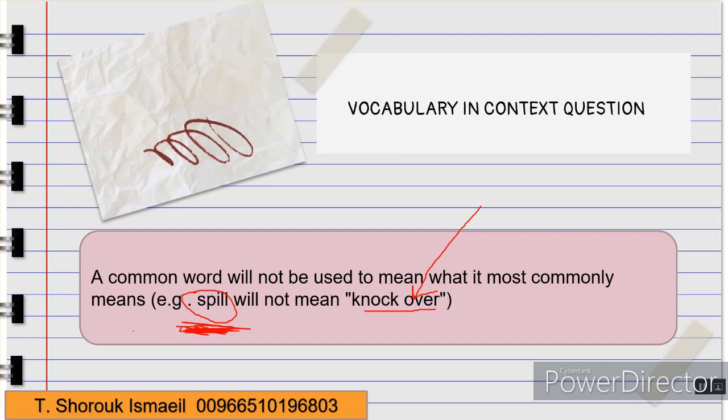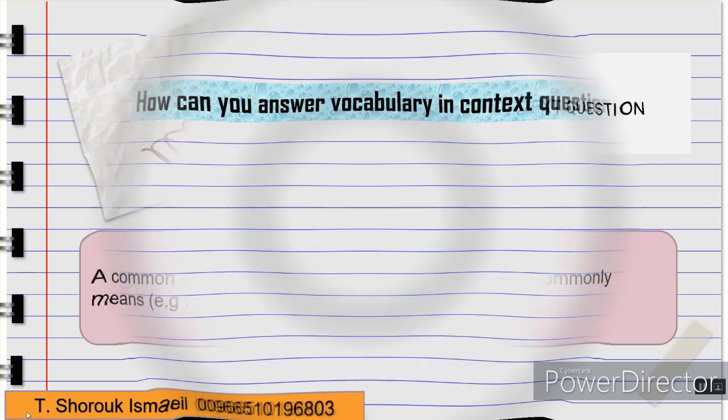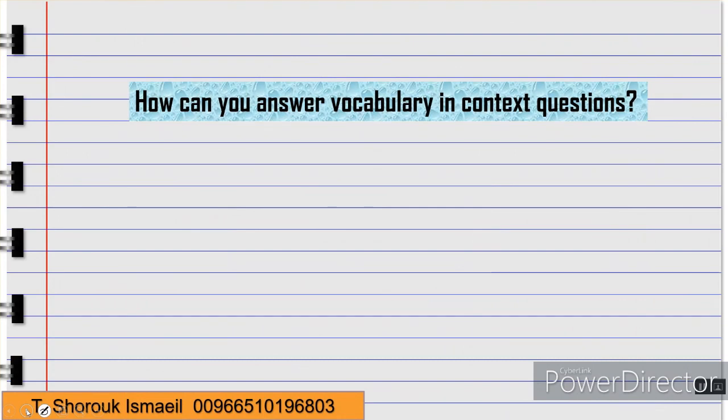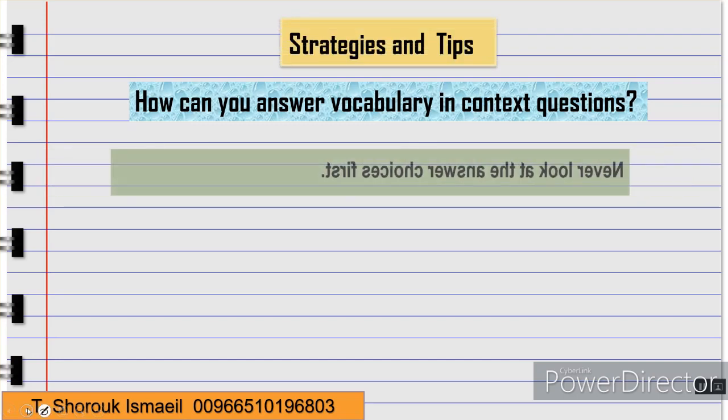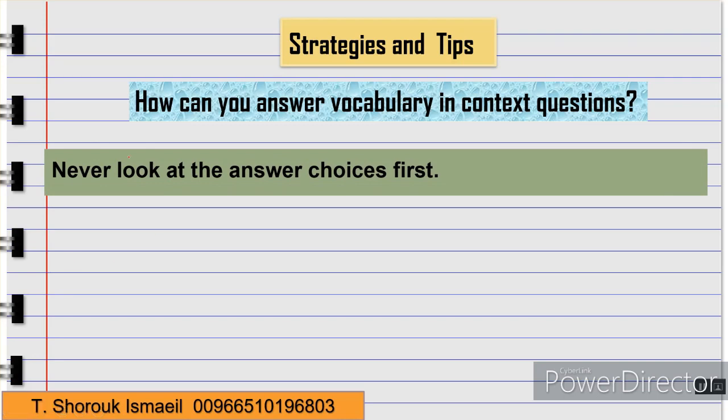So while we are dealing with the vocabulary in context question, we need to figure out its meaning according to what the author wants, not according to what we actually studied before. Let's see how. Now, we need a strategy to answer this kind of question. Let's try. Number one, when it comes to answering this question, never